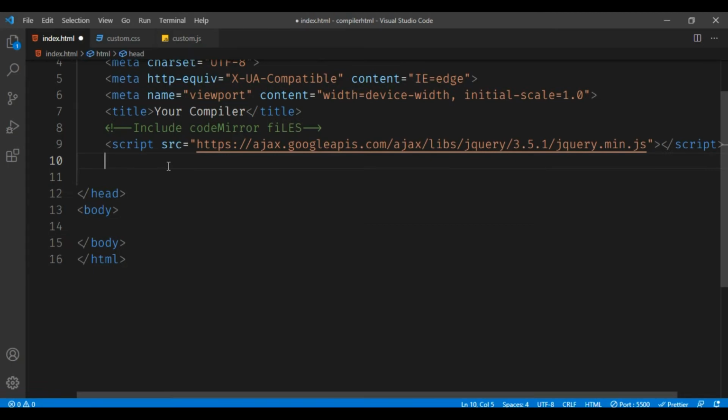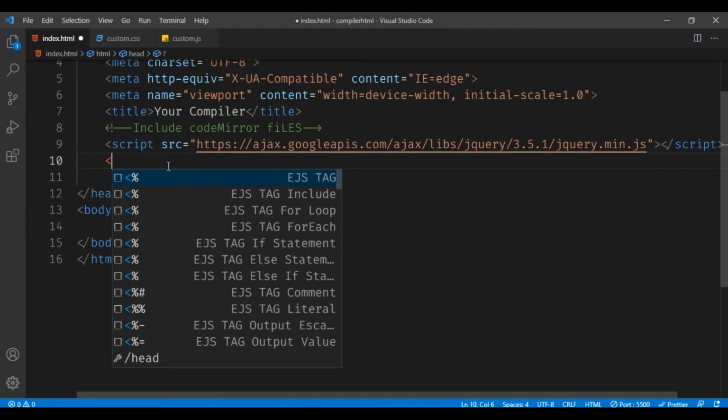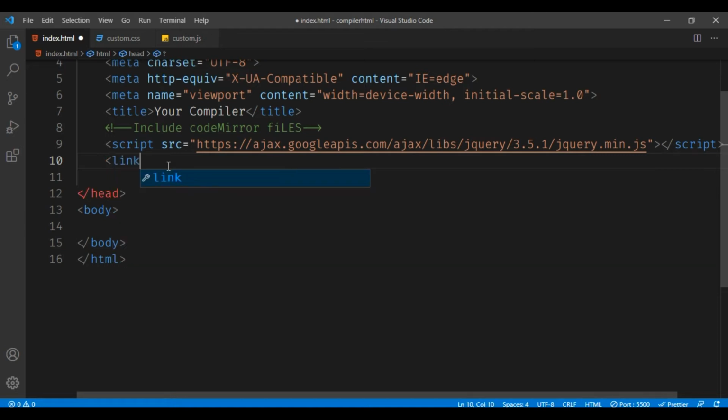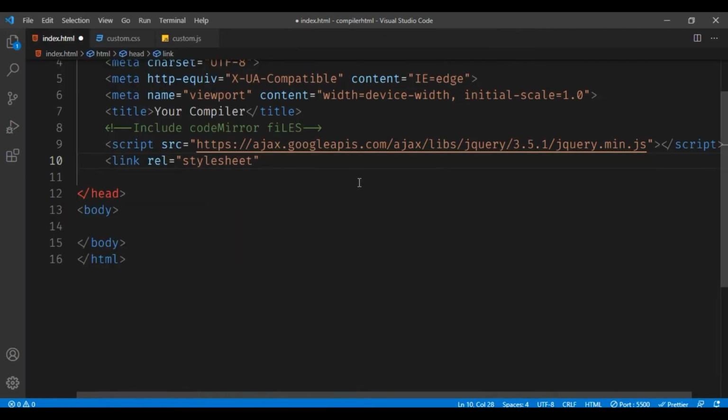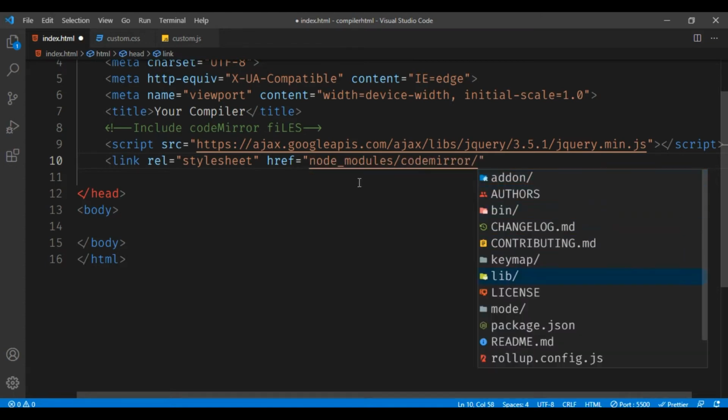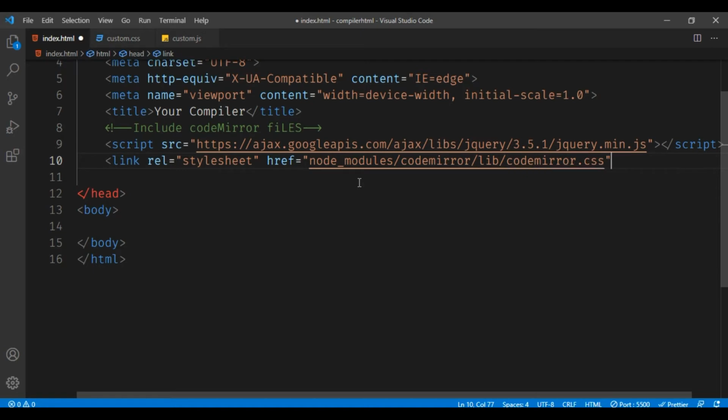Now before getting started with CodeMirror, we have to include certain files. So first let's include that file. First one will be a style sheet file, and remember guys, all the files, if you install using npm, or if you have got a zip file, you'll find in the CodeMirror folder. In my case it is in node_modules, codemirror library, codemirror.css.